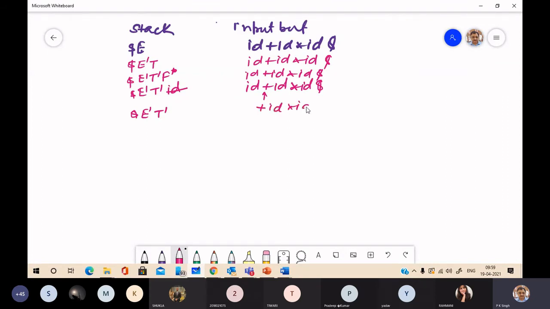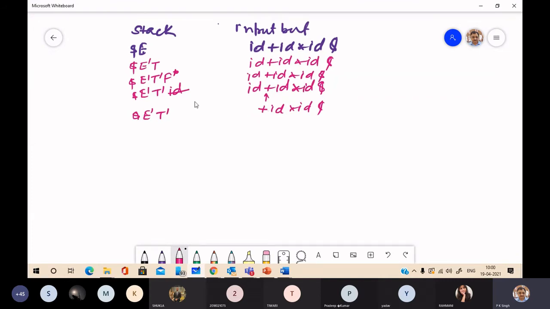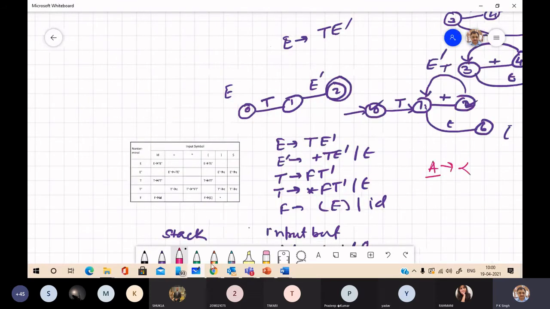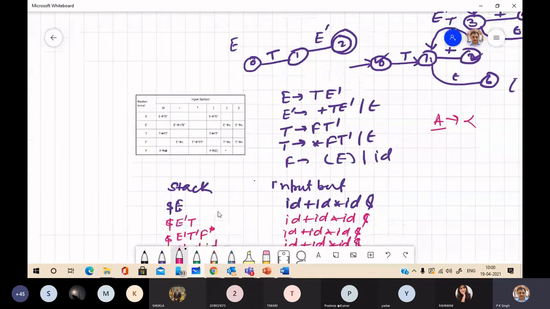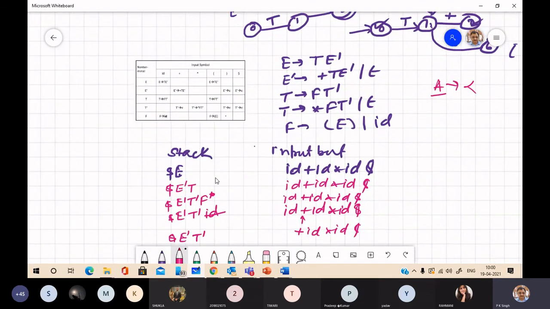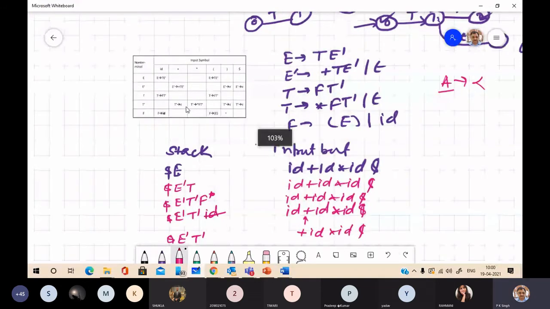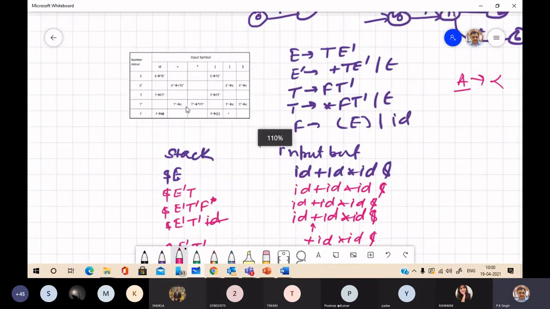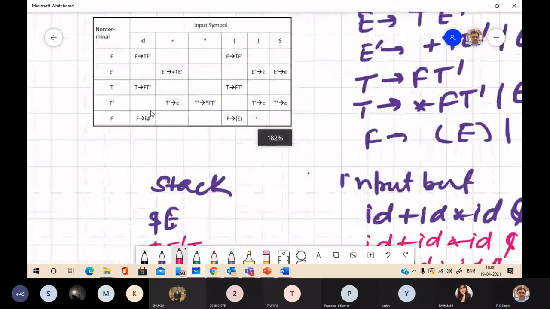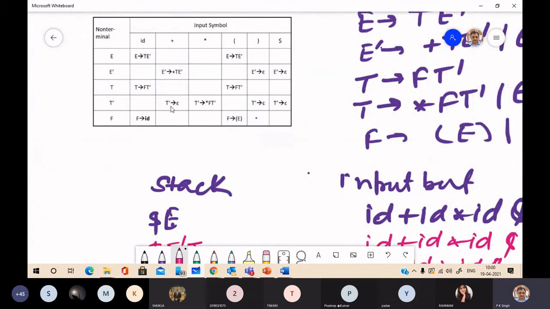If you refer to the table, this is T dash and plus. It says replace T dash by epsilon.